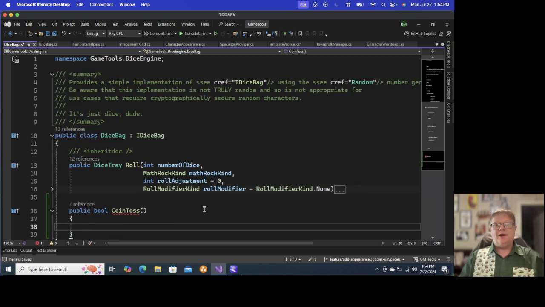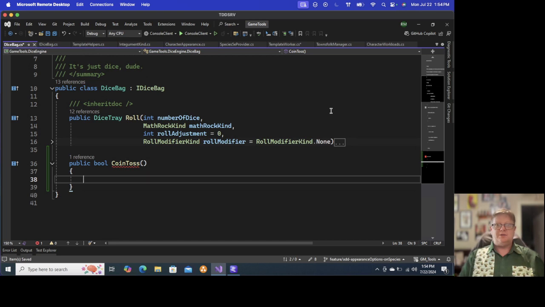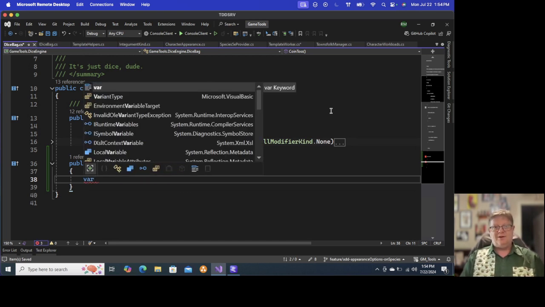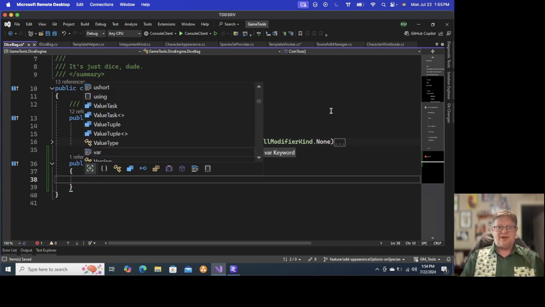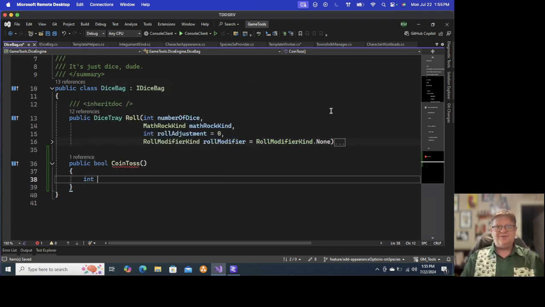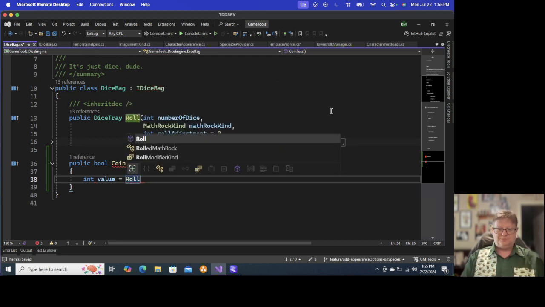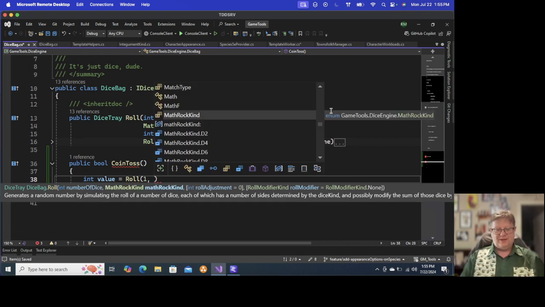And to do that, all I'm going to do is, actually I'm going to say int value equals roll 1d2